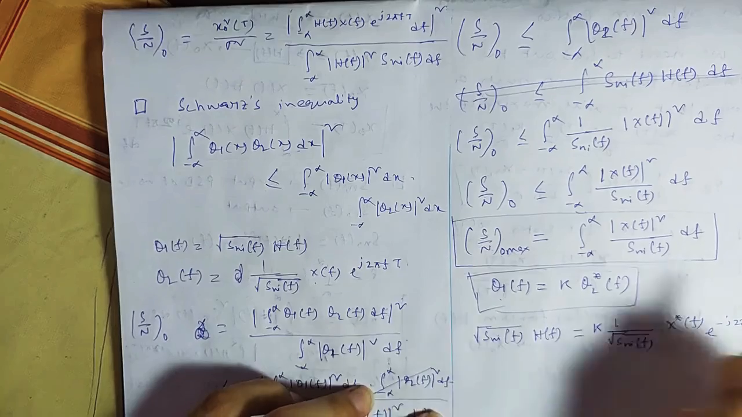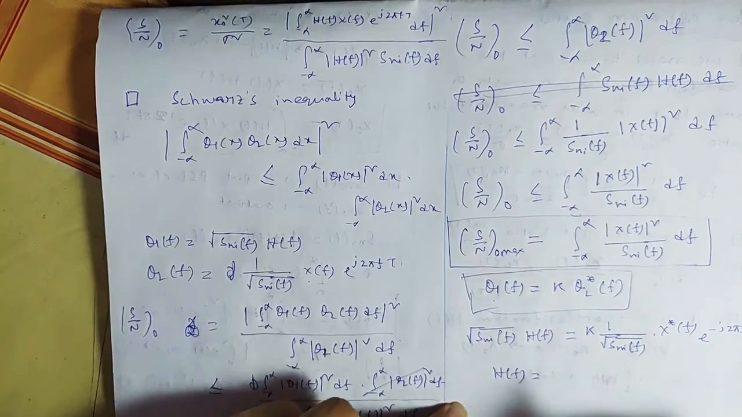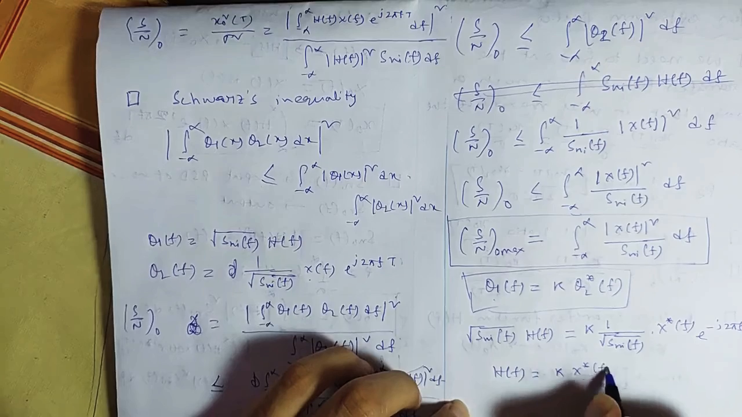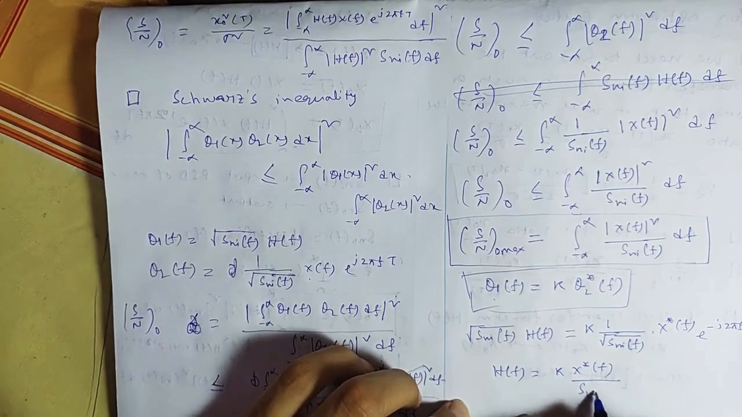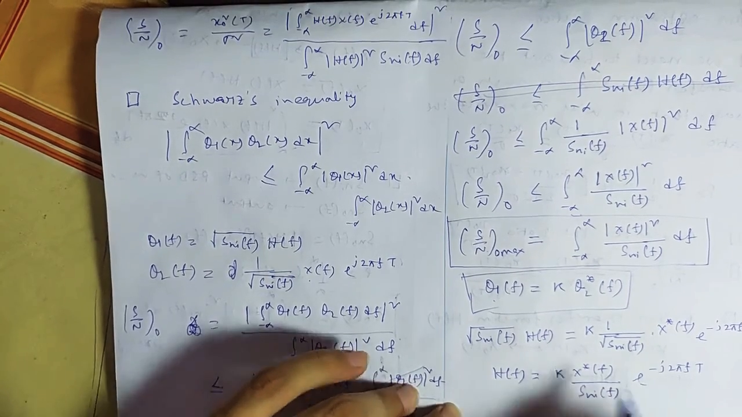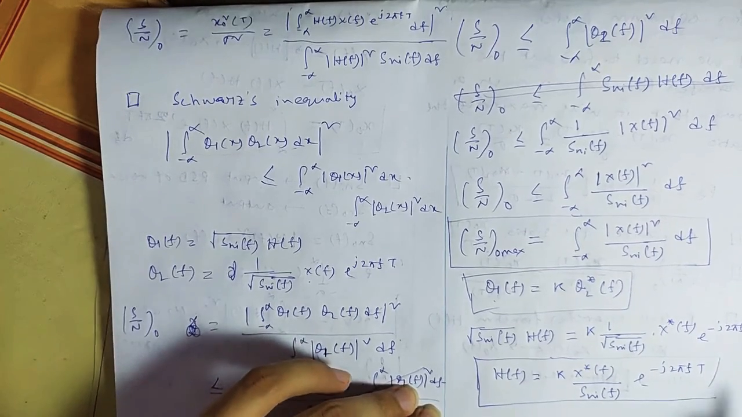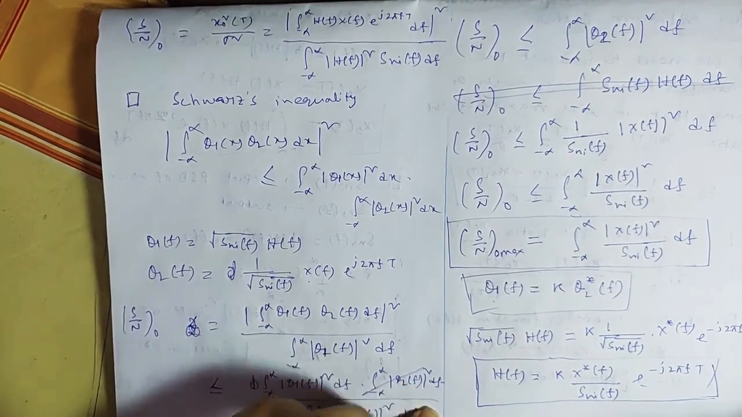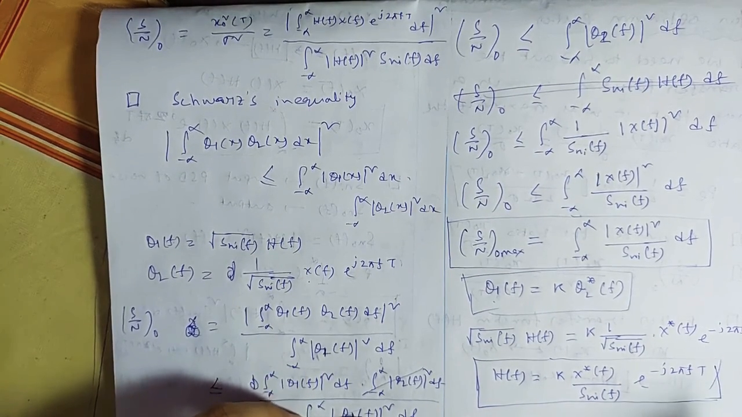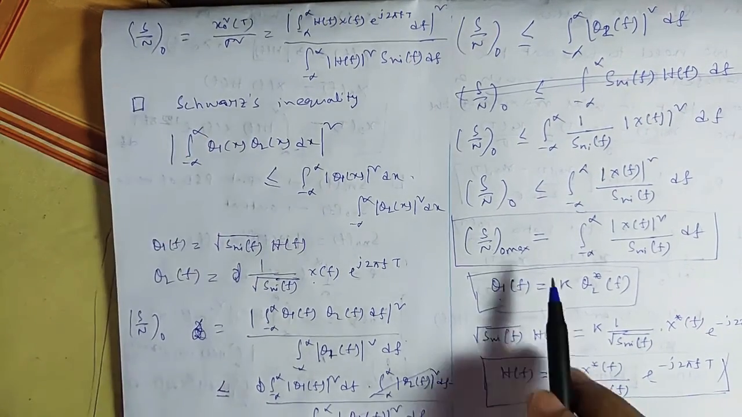From this you can find the transfer function H(f). H(f) equals k times X star(f) by S_ni(f) e to the power minus j2πft. So that will be the transfer function for the optimum filter, which will give a maximum signal to noise ratio and minimize the probability of error. Or in other words, you can write the signal to noise ratio